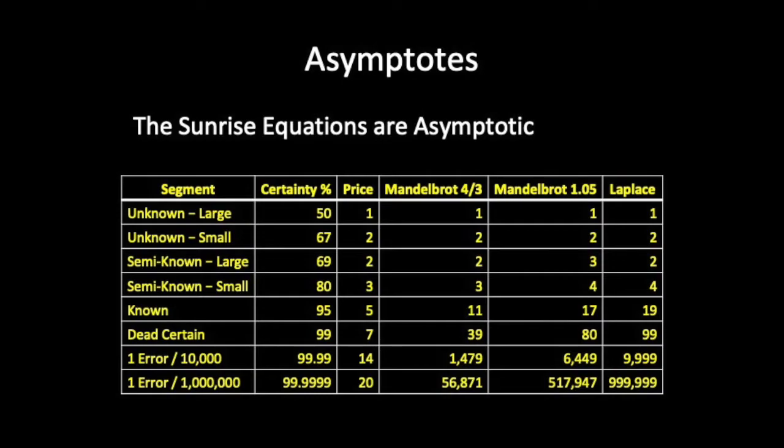An epsilon of error will always remain. The second problem with asymptotes is that the probability of error will never go to zero. The sunrise equations assign positive probabilities of error to the uses and reuses of requirements and codes, regardless of how old and stable they are or how much effort went into creating them.